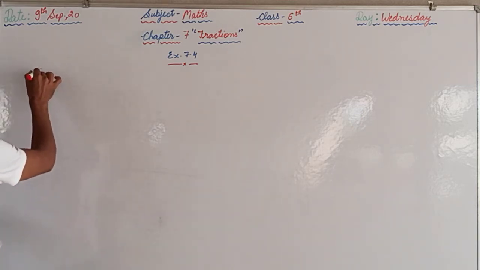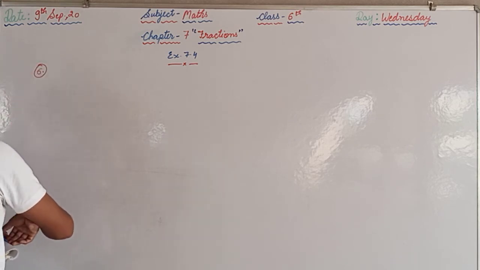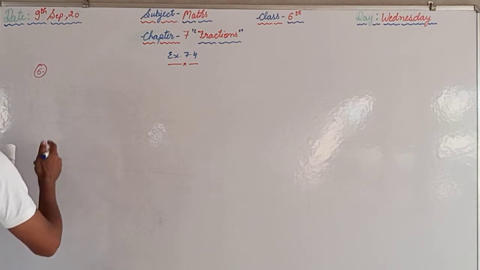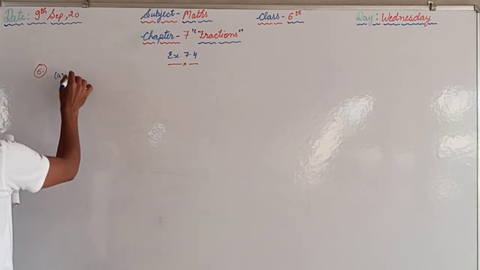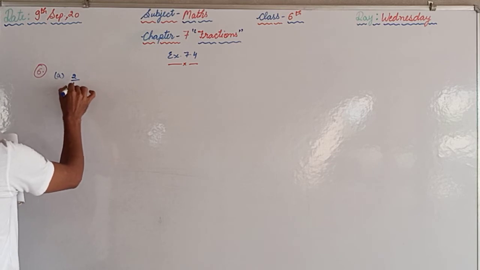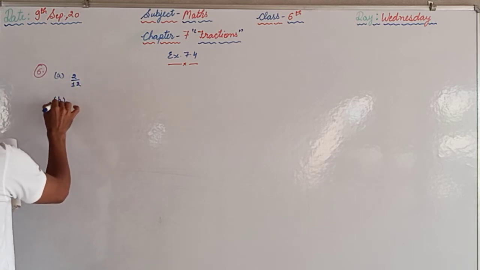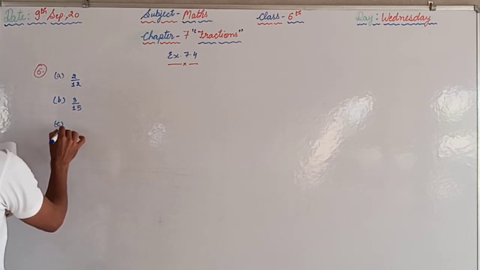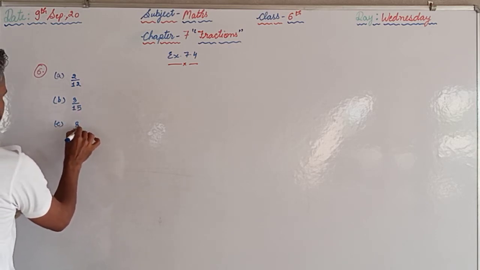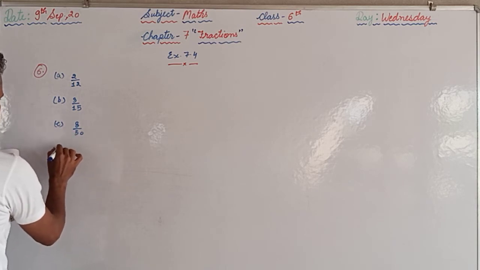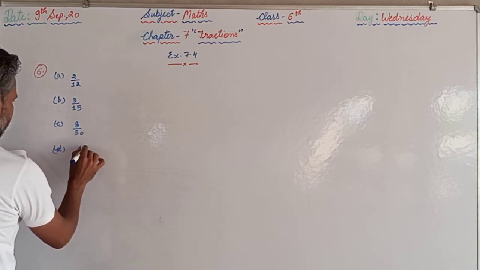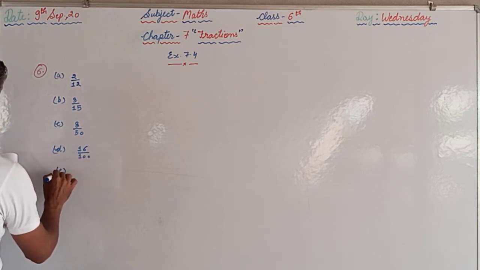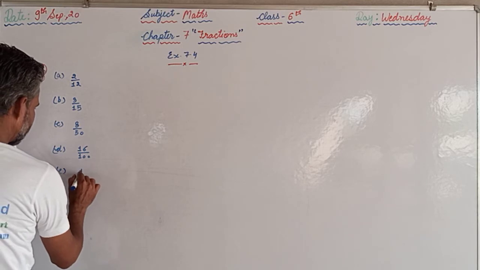Question number 6, and we will start with the first one. A is 2 upon 12, B is 3 upon 15, C is 8 upon 50, D 16 upon 100, E 10 upon 60